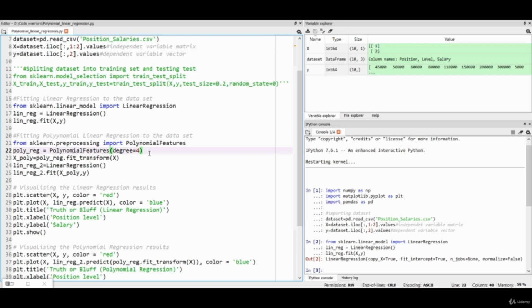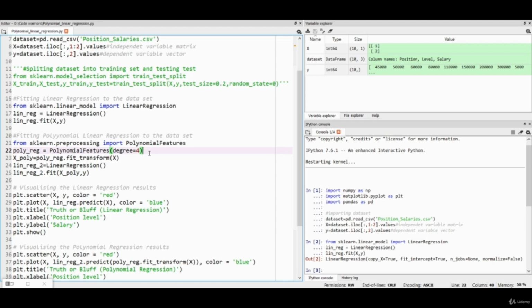Now, in the linear regression model, we are using the feature matrix X, which consists of only a single column of levels. But in polynomial features of degree 4, we need 4 separate columns representing each degree for our model to be trained. So for this, we have to make another feature matrix.